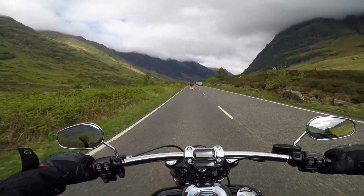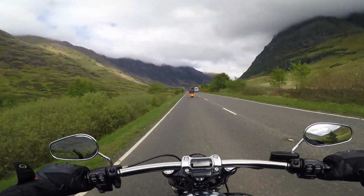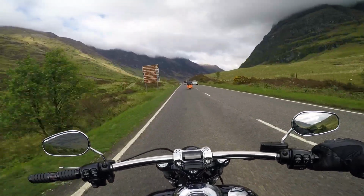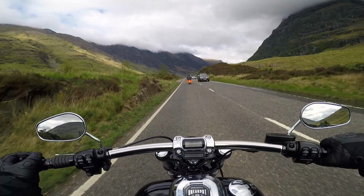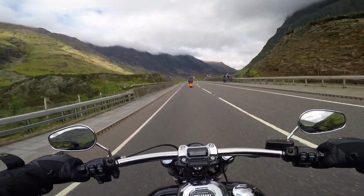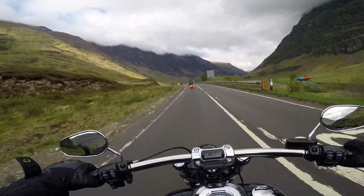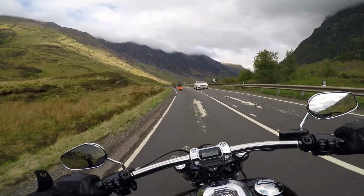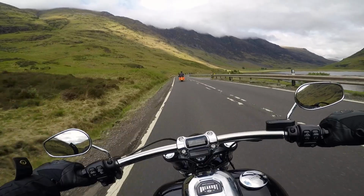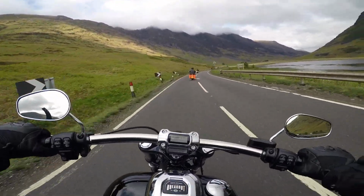Now, Harley have brought this Breakout 117 out this year, and it's got a bigger tank. But it's not only got a bigger tank, it's got a more powerful engine as well. It's got a 117 engine in it. And for you guys that don't really know much about Harley engines, pretty much like myself, the 117 engine is giving you more torque, more horsepower. This one's sitting on about 100 horsepower, but I tell you what, man, it is so smooth and grunty with the